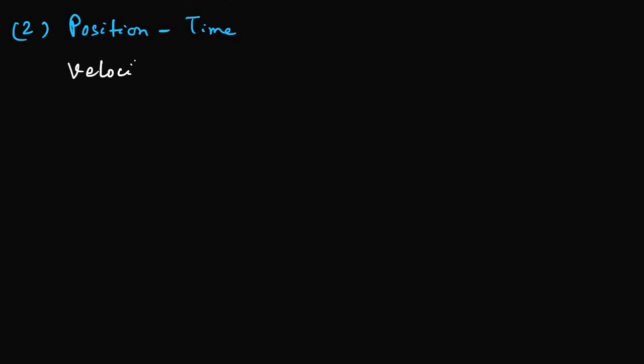Velocity will be the average velocity, and I can simply write it as V average, because we know there is an initial velocity U, there is a final velocity V, and the body traveled from O to B, and midway it also stopped at A. So the velocity is variable, so we should take an average velocity here.